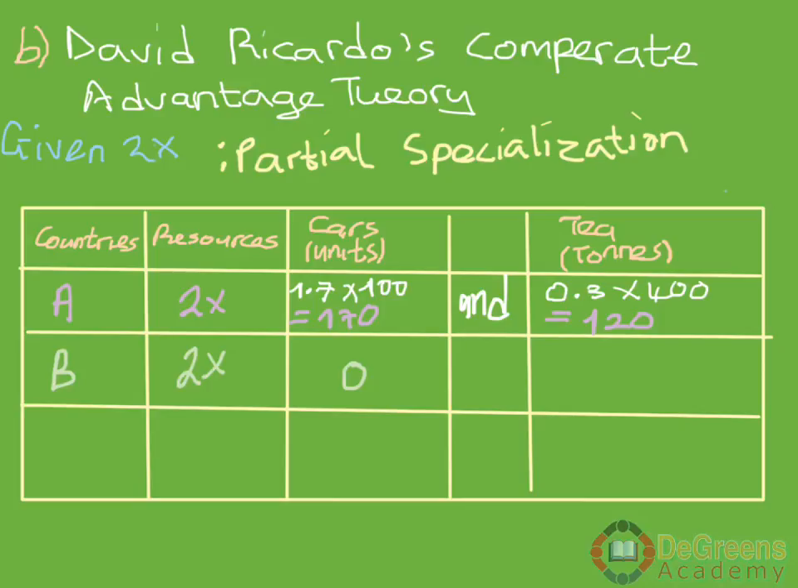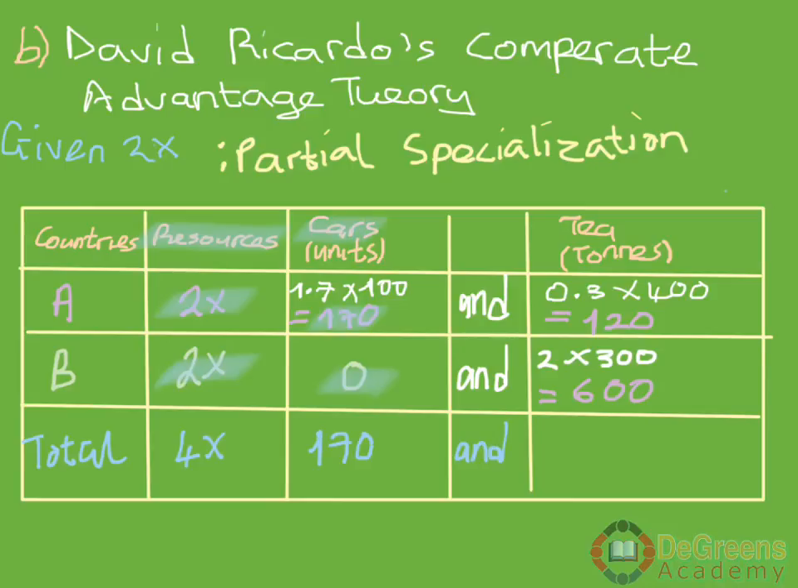Country B now, since it has only a comparative advantage in tea and no absolute advantage in cars, produces only tea. So all its 2 resources times 300, 600. You see the total amount of goods produced, even with the very same 4x resources: total amount of cars will be 170 and total amount of tea will be 720. So with these 4x resources, there's a total of 170 units of cars produced, and this is more than the 150 that was produced, and the 720 of tea is also more than the 700 that was produced at first. So you see, in the case of partial specialization,